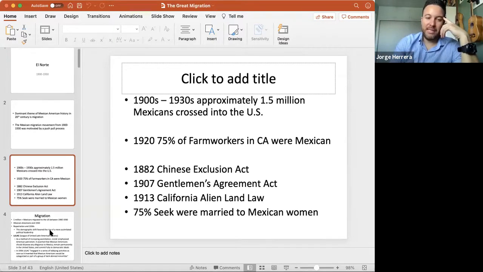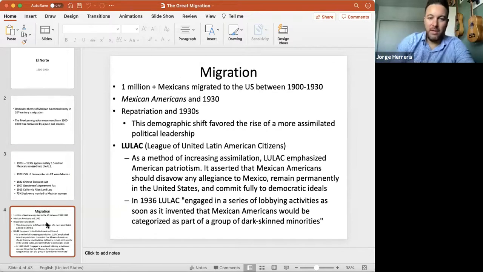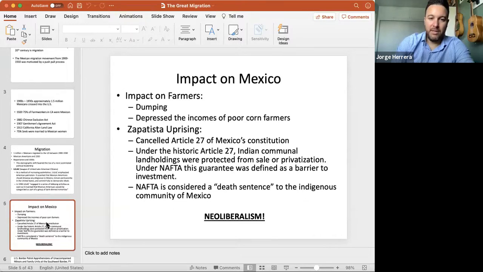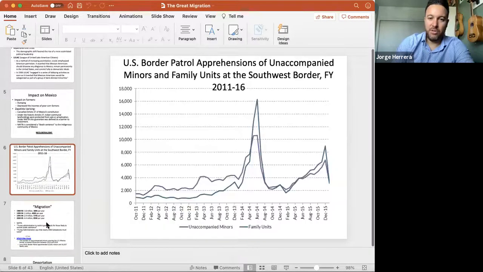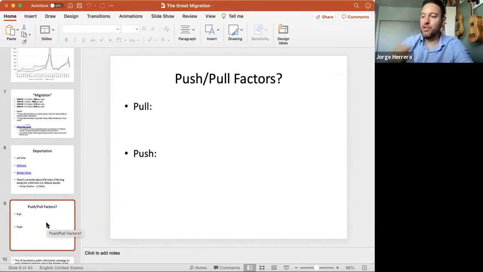So there's a lot of slides here. I think 40 something slides. We're going to skip most of them and talk about some of the issues. We're going to skip some of these. Let's see. Let's talk about push pull factors. And let me explain this because I don't know if it was really clear in the PowerPoint, so I need to explain this to you.